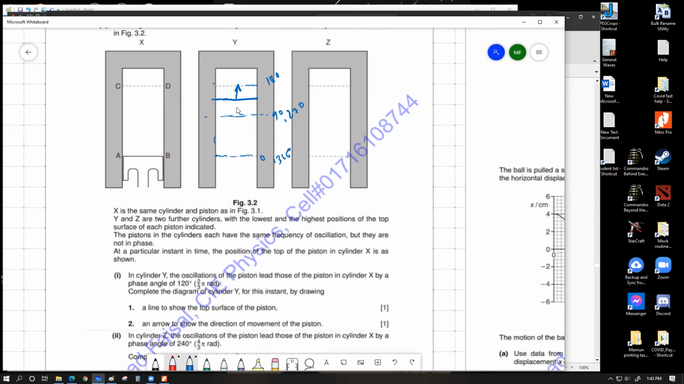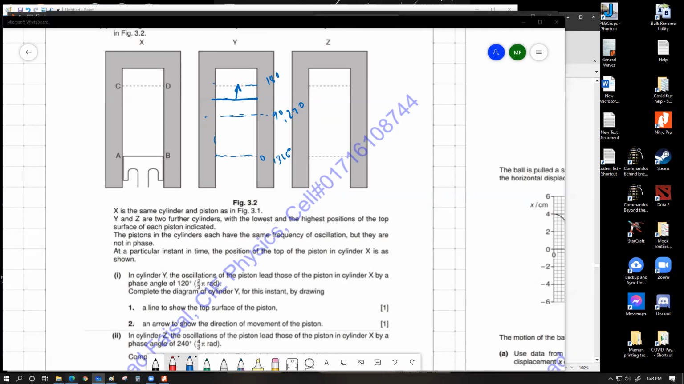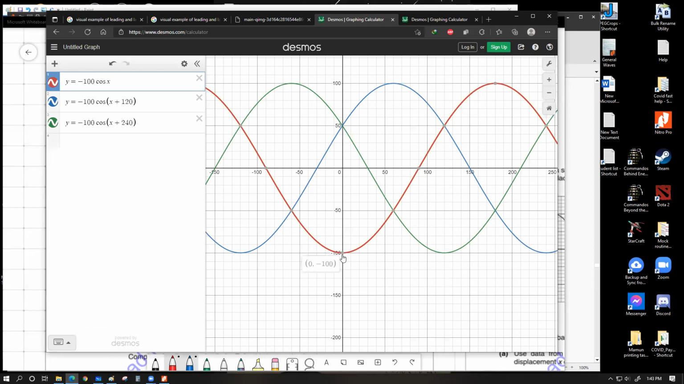If you want to have a visual proof from the graph as well, this is what I can show you. Have a look. Red was the graph for the X, and plus 120 degree means 120 degree leading. So blue would be the graph for Y. Have a look. What is happening at 120 degree mark? This is your 100. This is your 120 degree. At 120 degree,